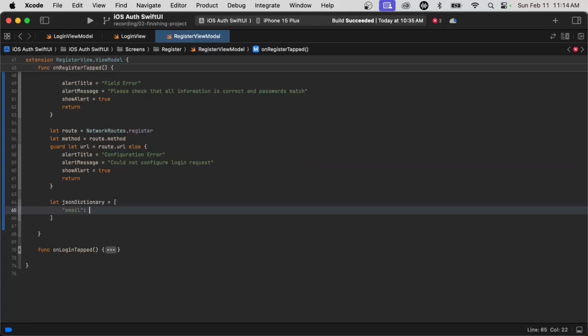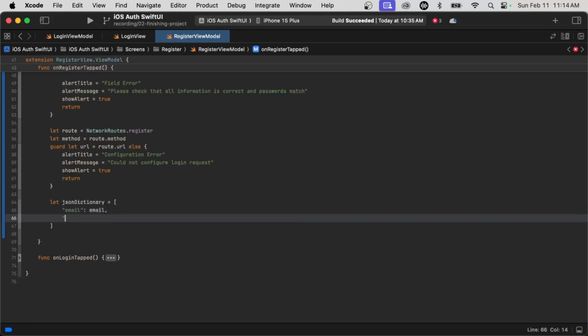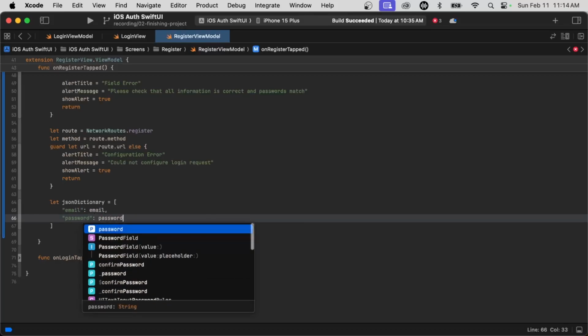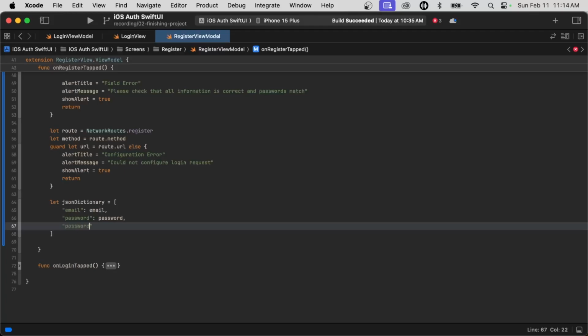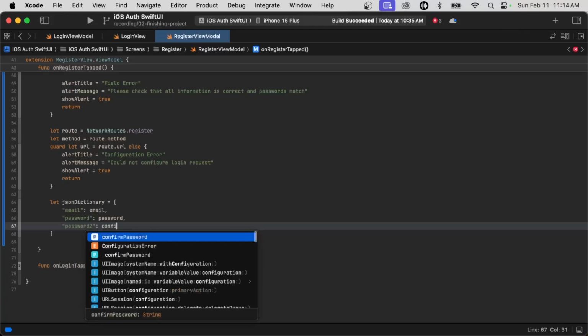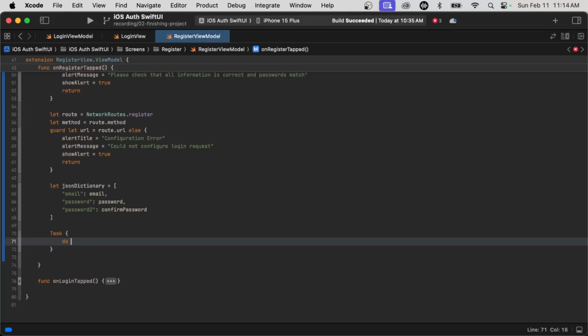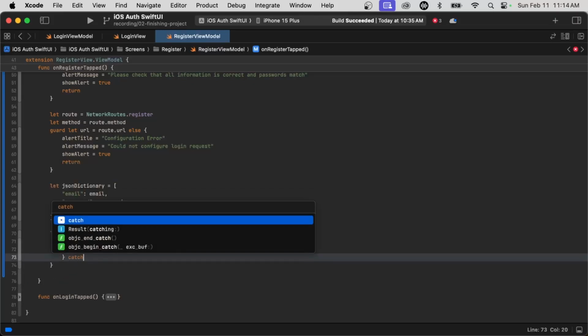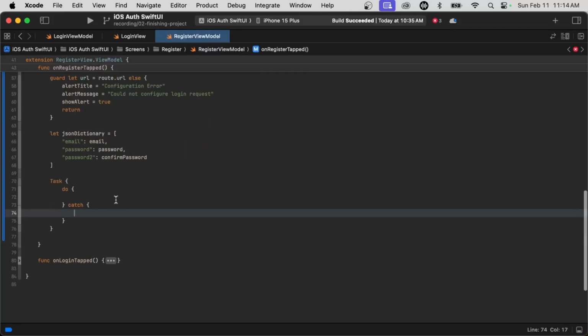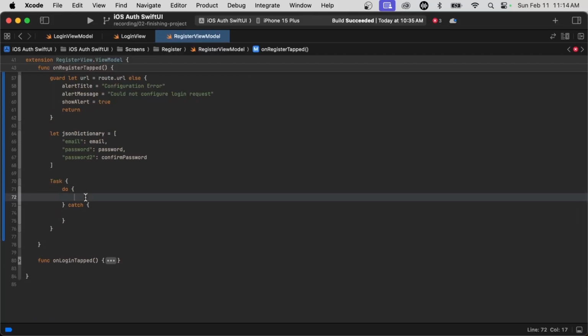Say email. It's our email. Password. Password 2. Confirm password. Now we can do the same thing we did in the previous ViewModel task. Do fetch. And we're going to have